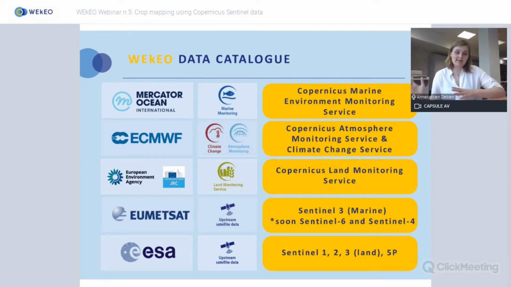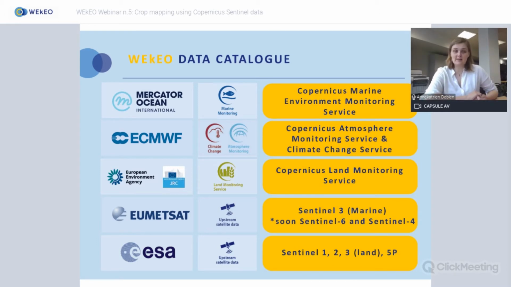And then you have the Sentinel data, where we already have 5 different Sentinel satellites or constellations in orbit. So that's quite a lot of data, and they are managed by the 2 different more space-related agencies, EUMETSAT and